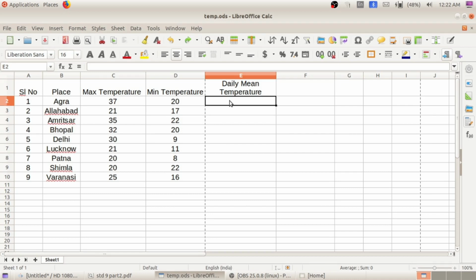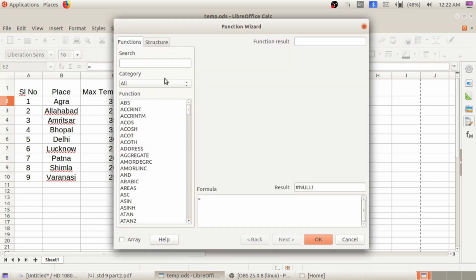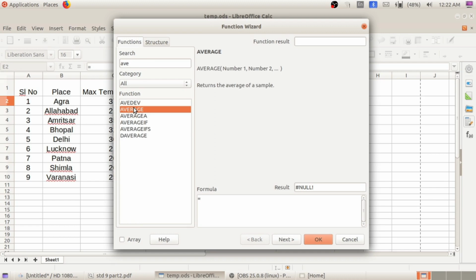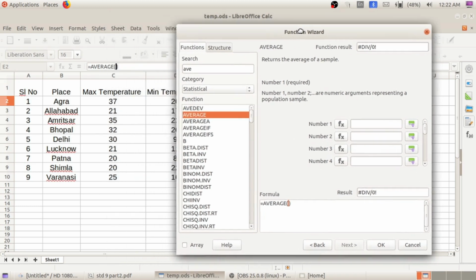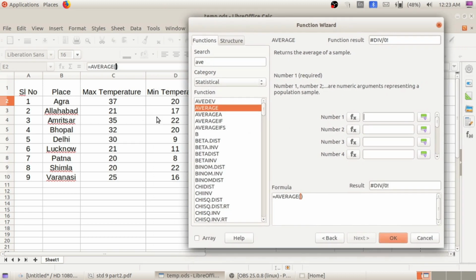First of all, click on the place where we want to find the average. You can see a black color selection. Go to the FX menu, which is known as the function wizard. Click on the FX menu and one window box will appear. Here we can search for our function. Our function is average, so select the function AVERAGE. After that, click on the Next button. Another box will appear, where you can see number 1, 2, 3, 4, etc. Here, instead of entering the number, give the cell address. What is the first cell address?